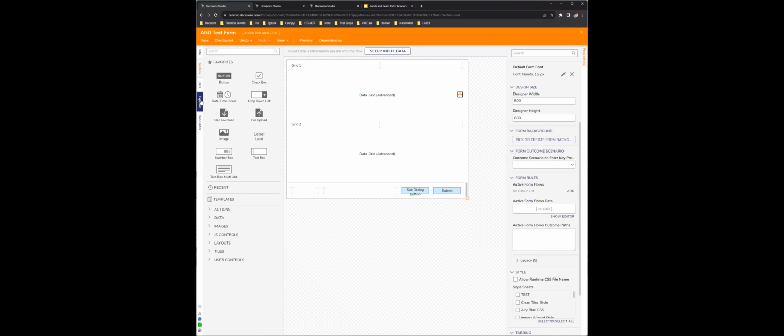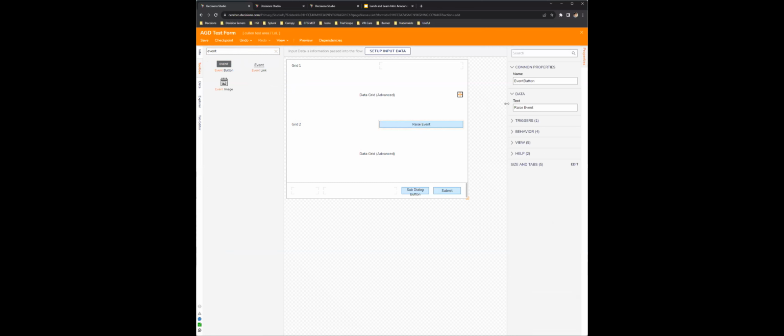So what we would want to do here is we need a button, right? We need some type of action to let us know when to run that. So if I just put a button, let's use an event button. And I'll put that here.